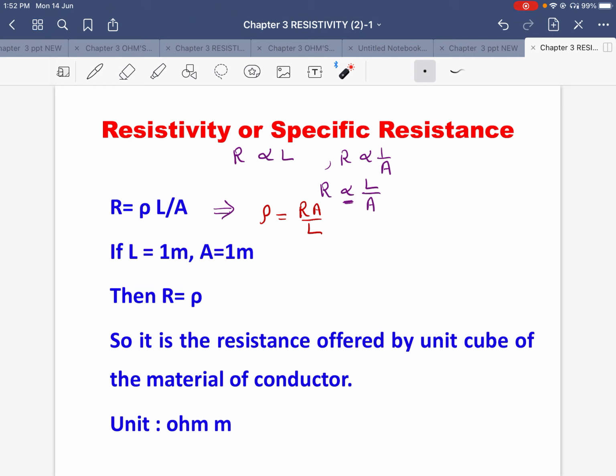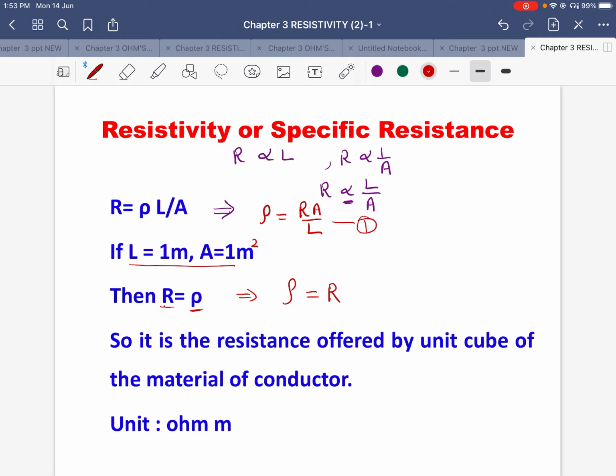We know that length of conductor is measured in meter, area of cross section is meter square. Then resistance of a conductor becomes equal to resistivity, means by putting these values in this relation we will get R is equal to rho, or we can write rho is equal to R, that is resistivity is equal to